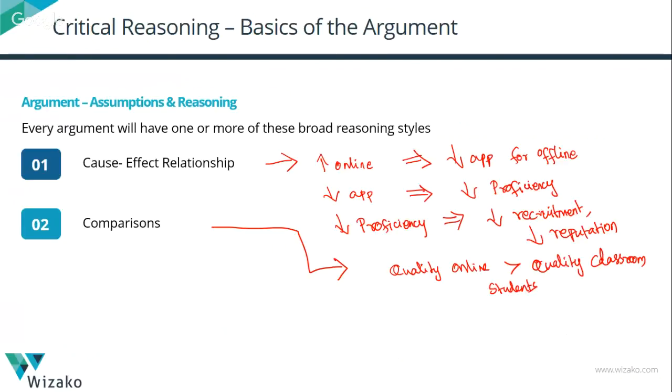The third type of reasoning style that you can have in the argument, this is a very common style and it's often overlooked by test takers when they're reading an argument. And that is a generalization in the argument. Basically, a generalization happens when there is some kind of a scope shift in the argument. If my premises are talking about one thing, but my conclusion is talking about something broader, then I have a generalization in the argument. For example, what happens when you have a study or a survey in any argument?